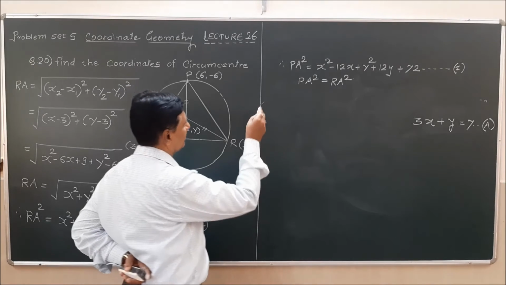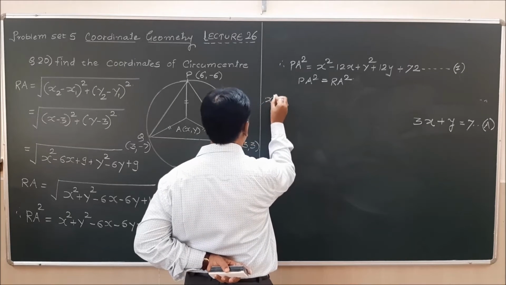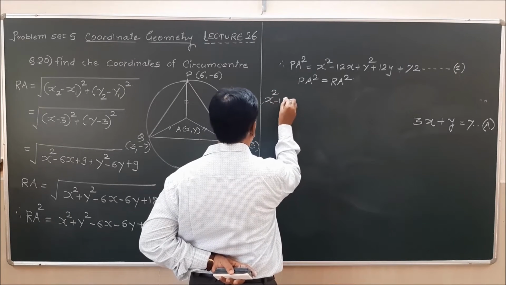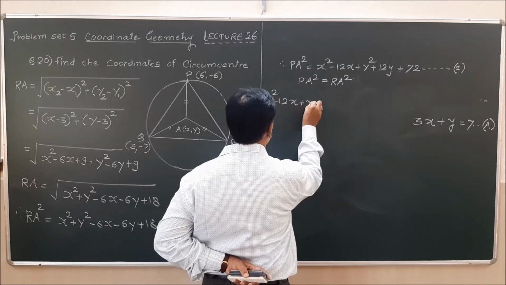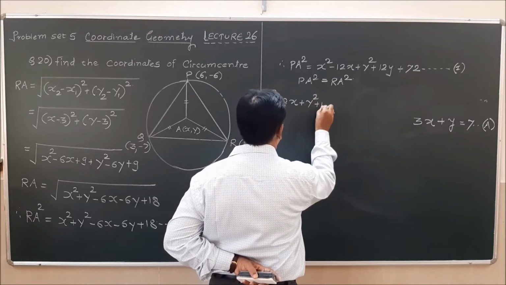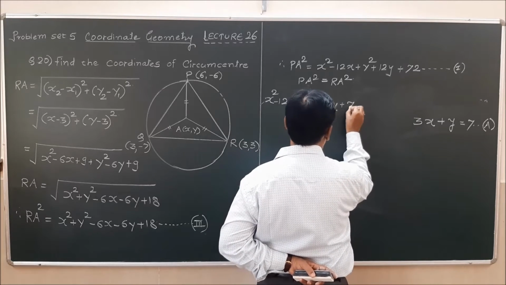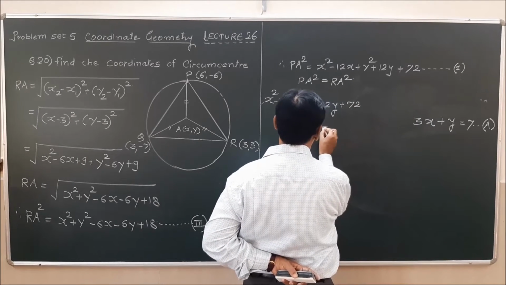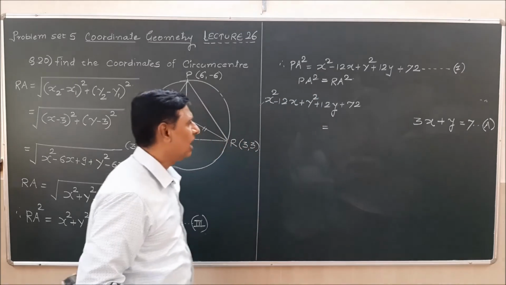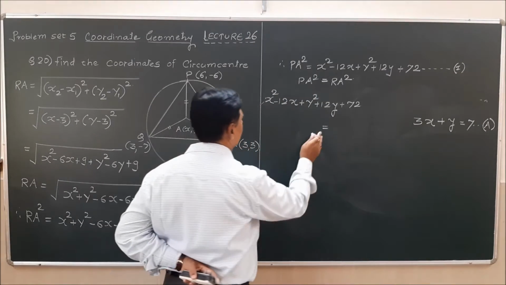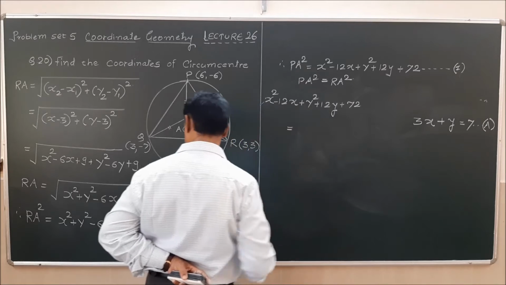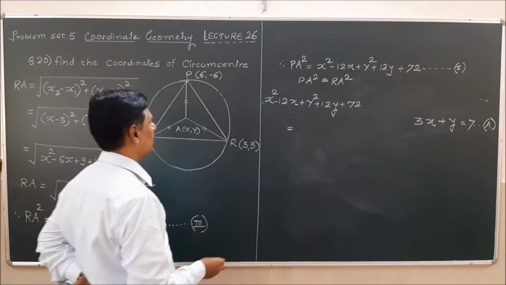Now Pa square, same, x square minus 12x plus y square plus 12y plus 72. That is equal to Ra square, the value of Ra square. Ra square is x square plus y square